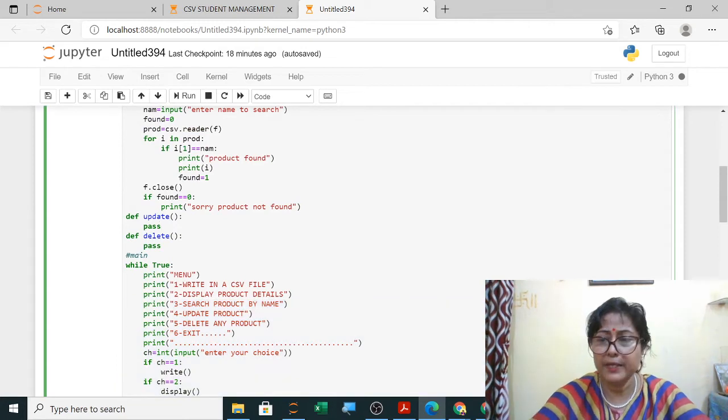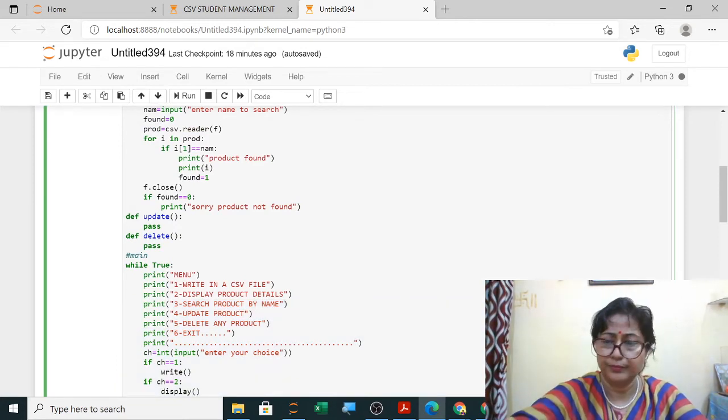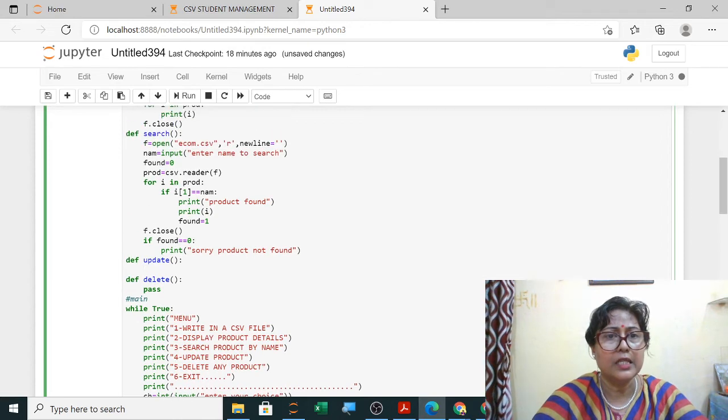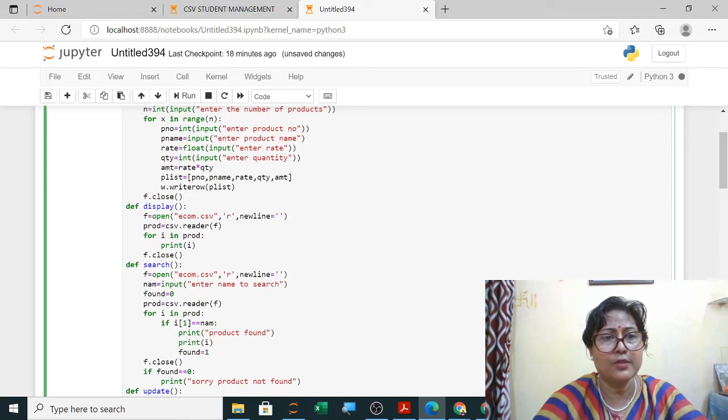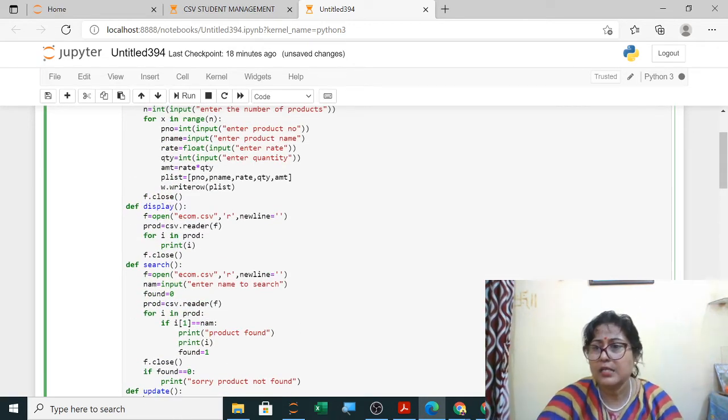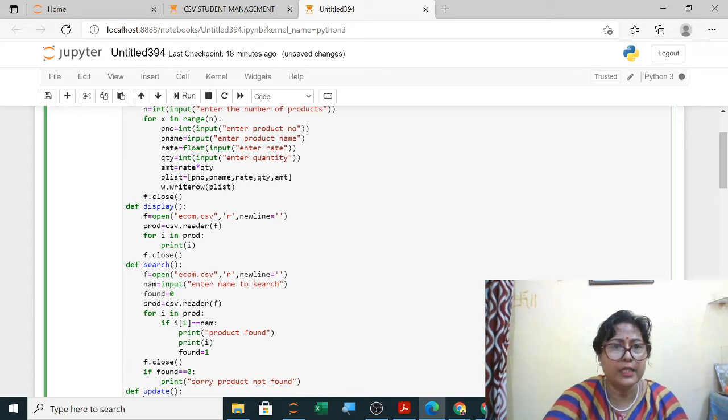So now update I will start with. So update I have. Yes, now update will be same as this. So here what you have to do in update, you have to ask the user to open, then reader you will use, and a temp file you will use, then for loop you will search it, and then you will update it.